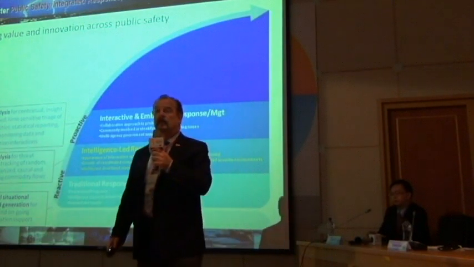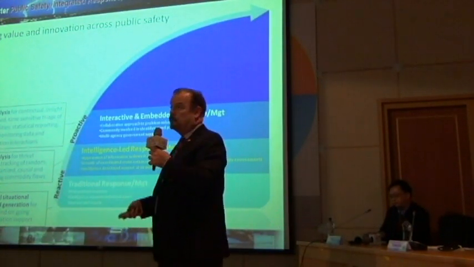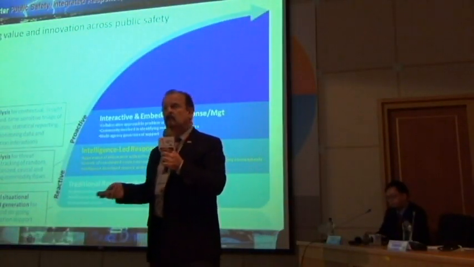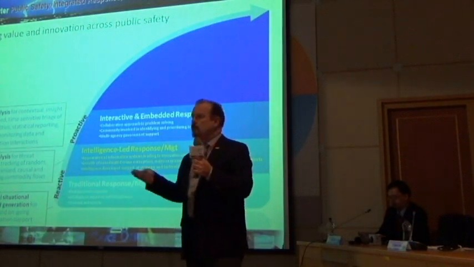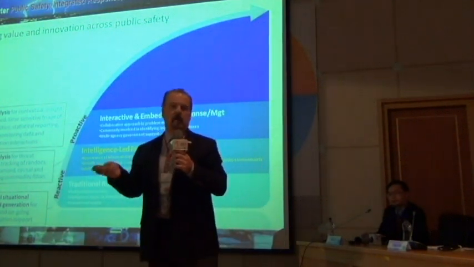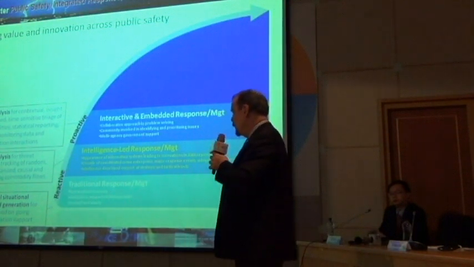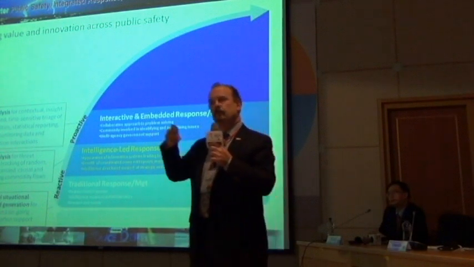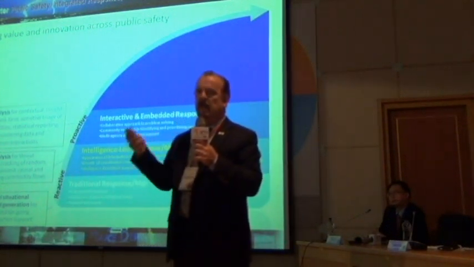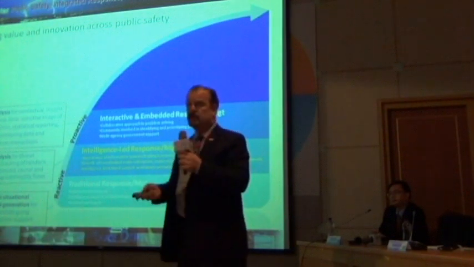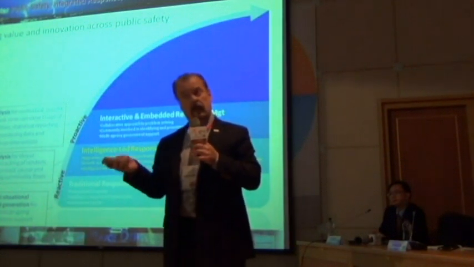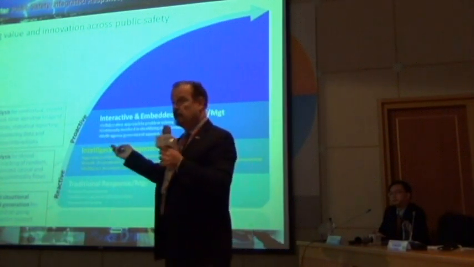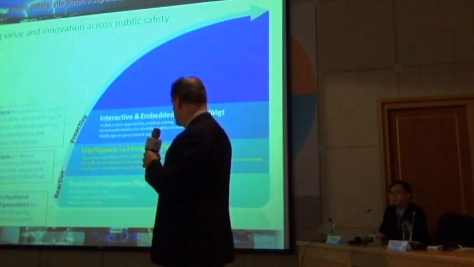The next is interactive or embedded response, commonly termed community policing, community response. It's something that's been going on over here. It's something that is very common in China, Singapore, here in Taiwan. As we roll up this from reactive to proactive, the amount of information that is generated by these assets increases. If I have an intelligence section that's producing information, I'm going to get a lot more information. If I have community policing officers in the field, I'm going to get a lot more information about their beats.